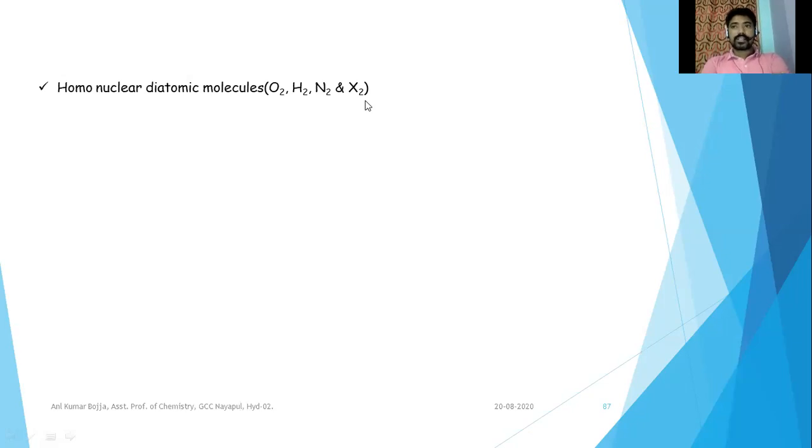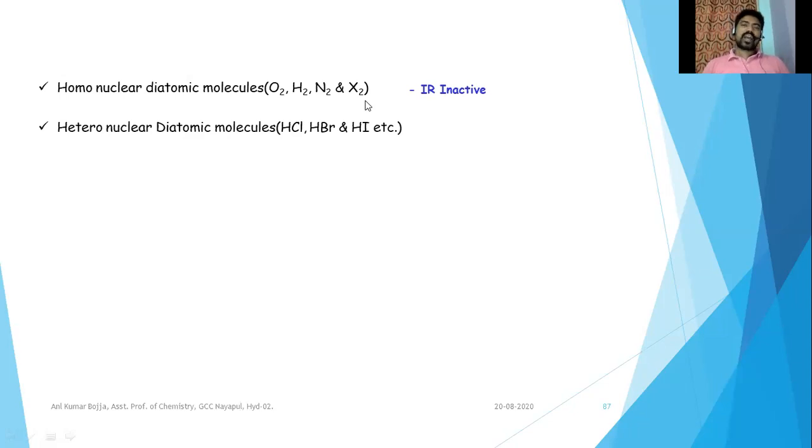Of course, the atoms are the same. We won't find any electronegativity difference there. Once the electronegativity difference is not there between the atoms of the molecule, no dipole moment value will be there for the molecule, so they are IR inactive. They are IR inactive. Now, in the case of heteronuclear diatomic molecules like hydrochloric acid, hydrobromic acid, hydrogen iodide,